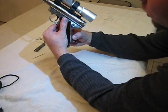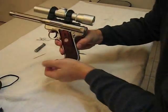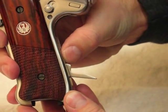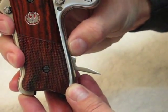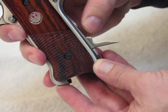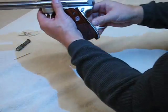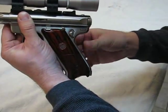So we push this closed like so, and we've got a little bit of tension here. A little bit of tension against the mainspring. So you can see I'm pushing against that. When I release, it bounces back a little bit. That means that it is engaged. If it doesn't bounce back like this, it means that you have to hold the gun back up at 45 degrees and retry that. So all we have to do now is rotate our lever up, and our gun is